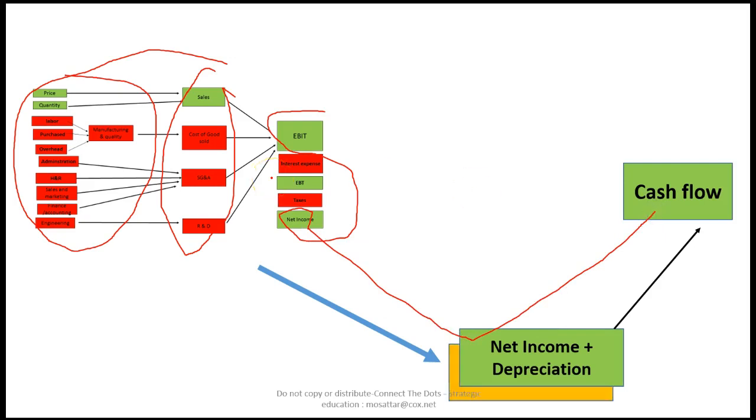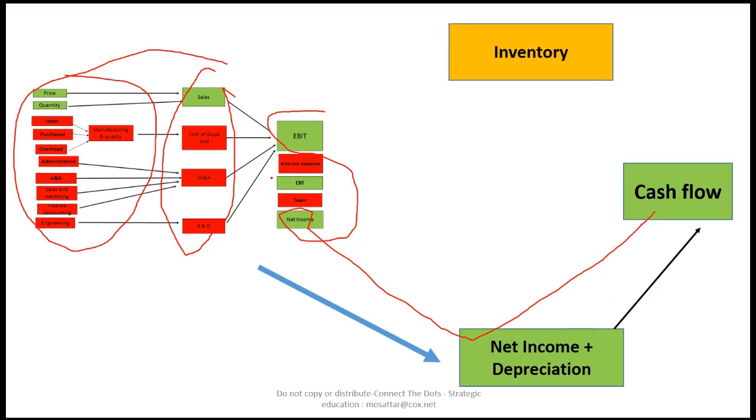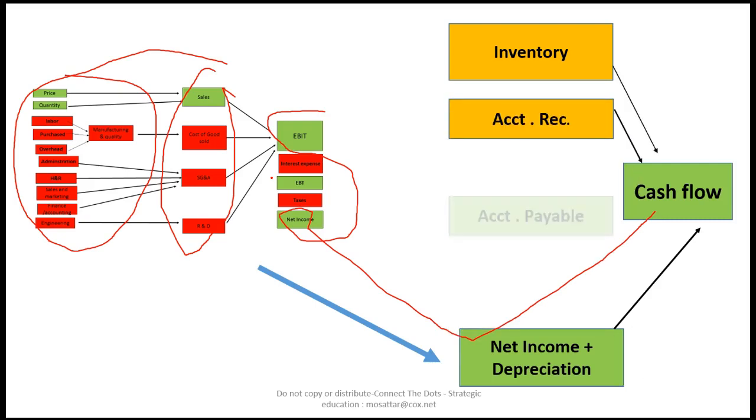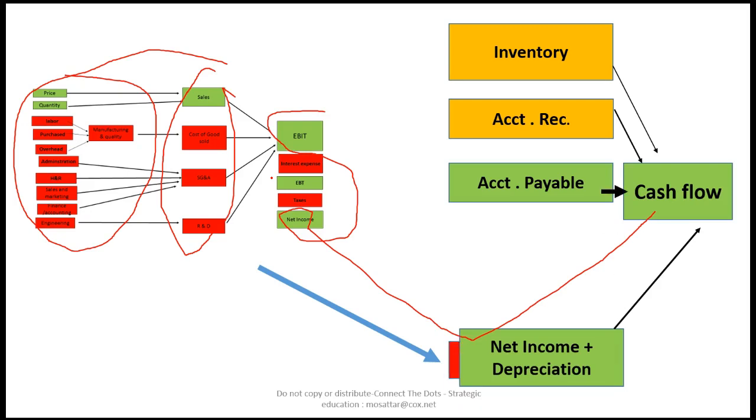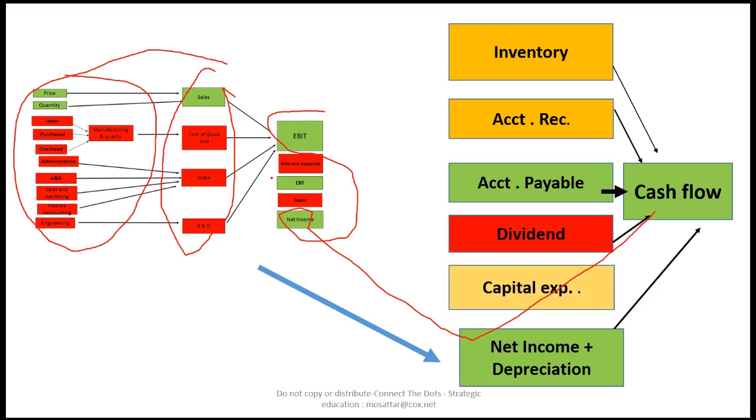Now there are other components of cash flow, as you know. Inventory, the amount of money we tie up, will consume our cash. Accounts receivable, same thing. Accounts payable will be the other way around, because our suppliers are giving us material on credit. Then you have dividends if we pay to the shareholders, or any investments you make to expand your company and so on. So understanding net income, all the way through all these pieces, is really, really important.